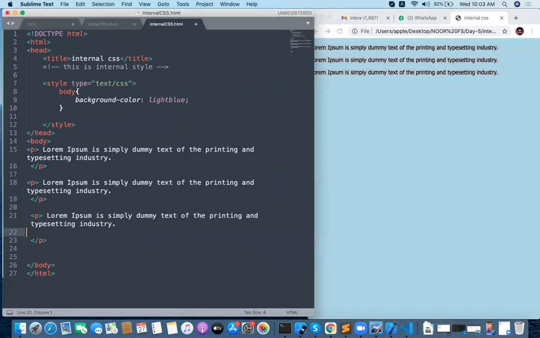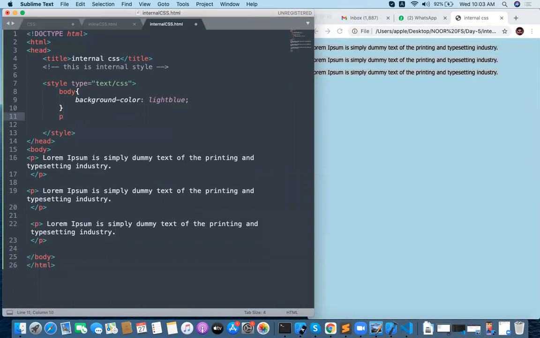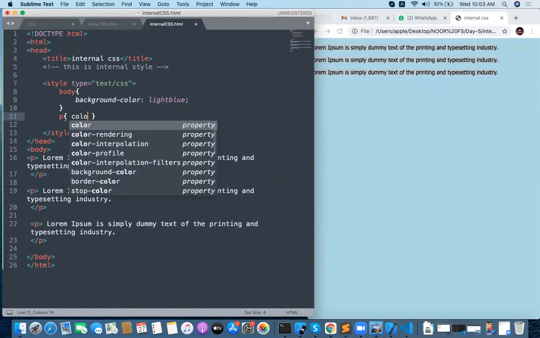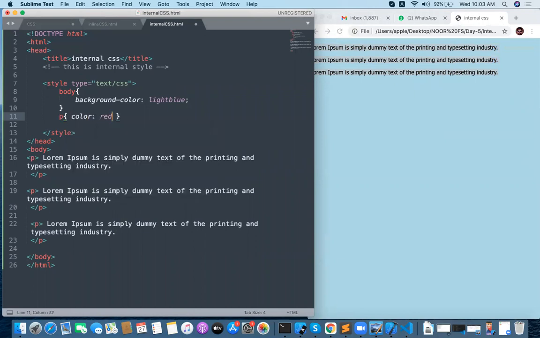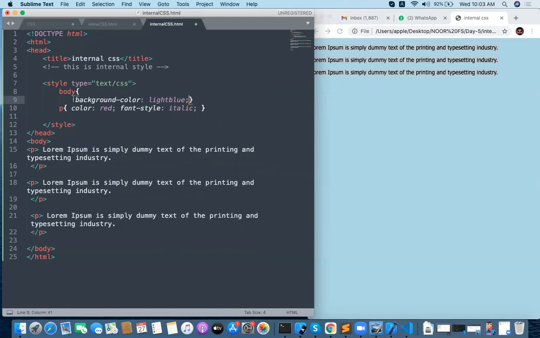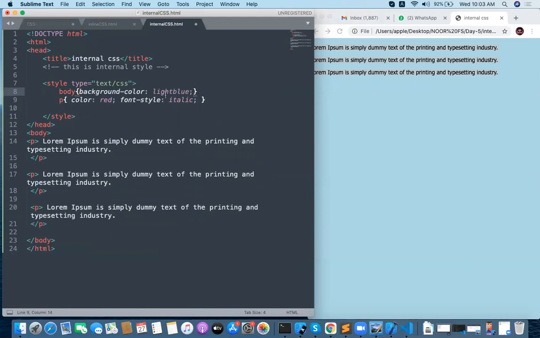But I don't want to show black color paragraphs. My requirement is to apply a style for the paragraphs. Color will be red, and semicolon, font style will be italic. You can write it in a single line also, no issues with that. But curly brace open, curly brace close is the recommendation whenever you want to write the style.